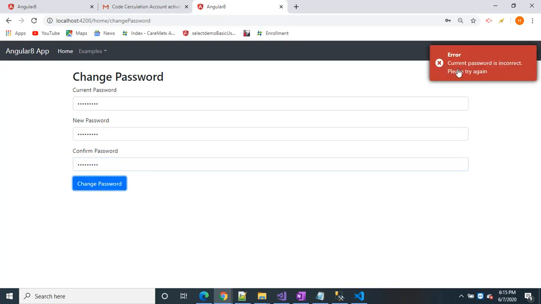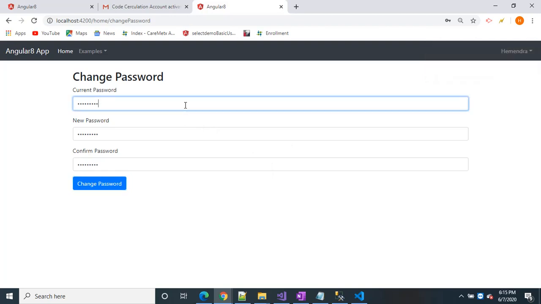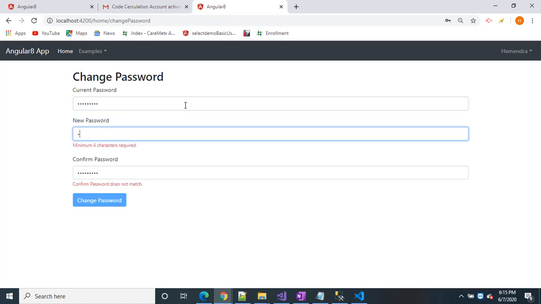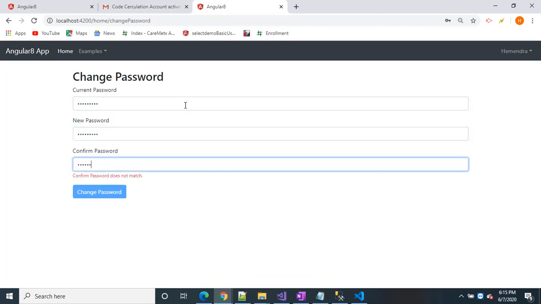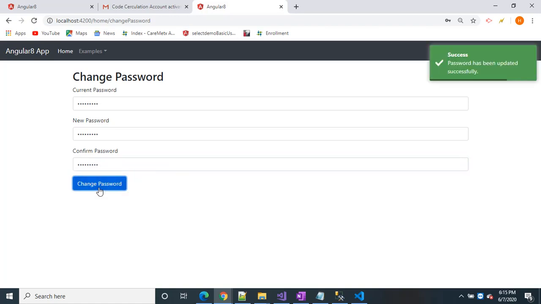See the server side validation: current password is incorrect, please try again. Let me enter the appropriate password so we can test the change password functionality. Password has been updated successfully.